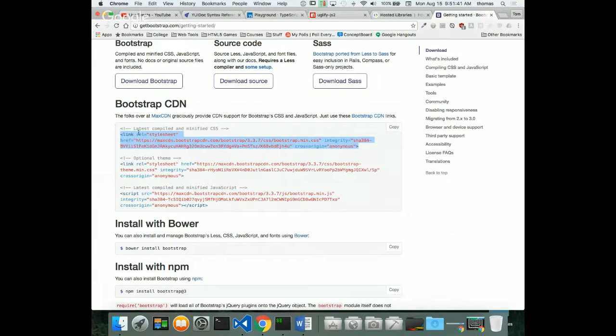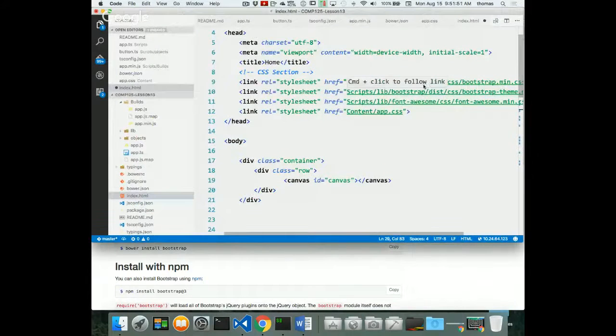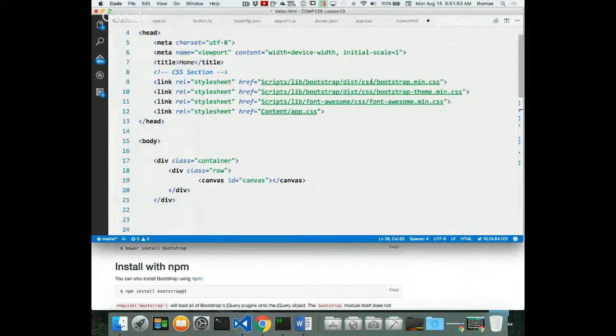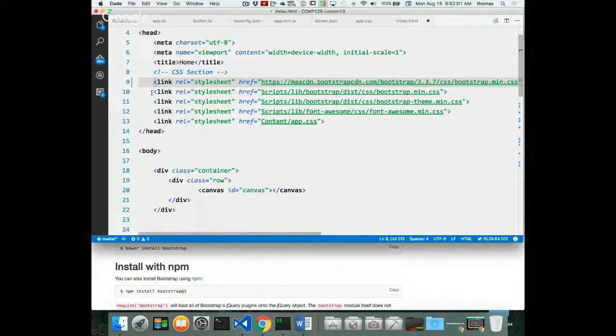So, the latest compiled and minified CSS. I can get the CSS, right? So I copy this piece, and I can go up here, and instead of the inline CSS in here, I could certainly put in the CDN. So there's the CDN for that, right? And I can get rid of this piece,